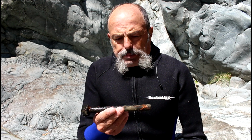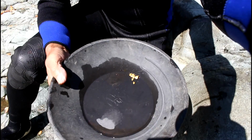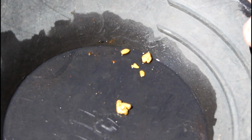Finished up another crevice, found some nice gold. A couple of big old hunks of iron in there. But got some beautiful gold out of that crevice. Get the camera down here so we can see it. A nice piece of gold there. But that's some,